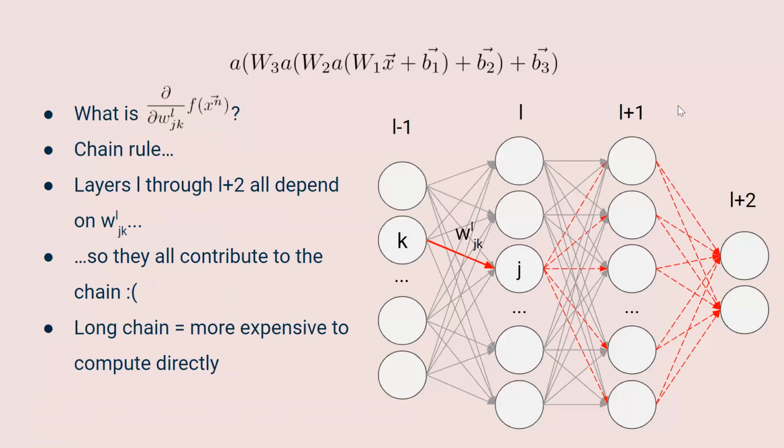But that was for the case where your weight is very close to the end. What about a weight that's very close to the beginning, right? Well, okay, let's think about it. You have to do the chain rule, right? So we do partial A with respect to that weight, and then times partial A of this one with respect to the weight, and partial A, and then we keep going and going, right? Because all of these activations depend on that weight, right? And I've shown that in this diagram, right? So this weight right here,